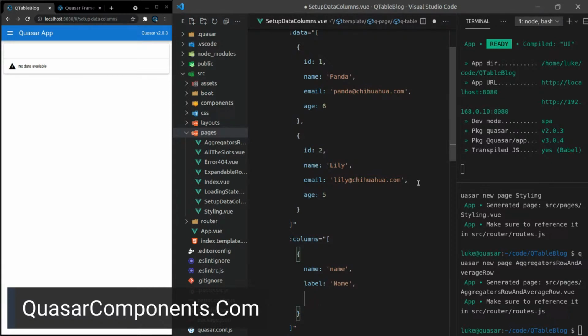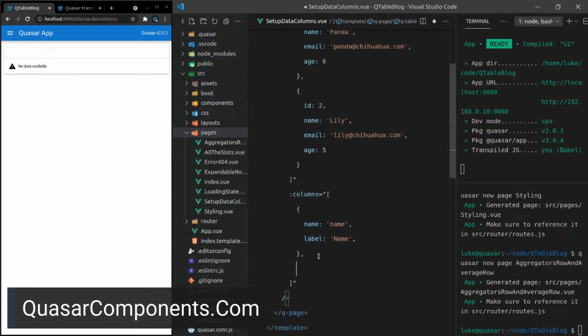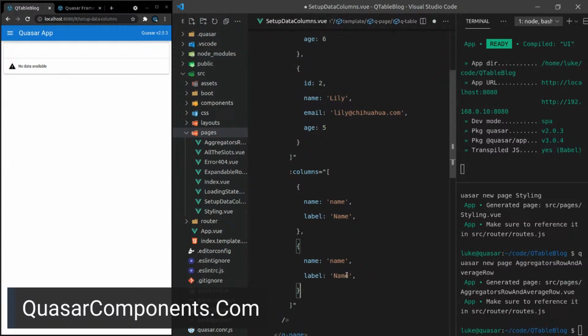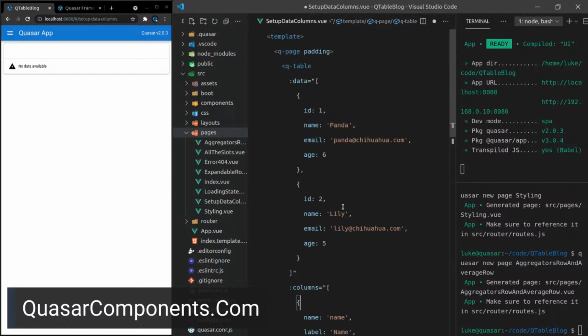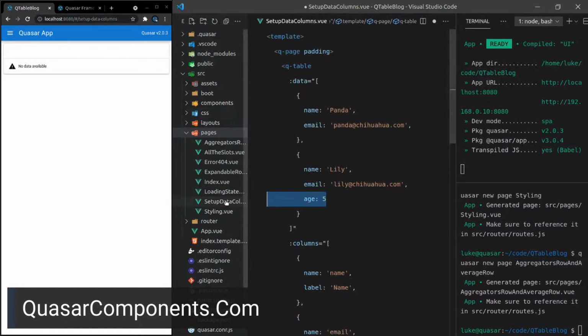I think that might be the minimal that we can use. So let's try that. And what else have we got? Let's do another one for email. Email, set the label equal to email. So you know what? We'll make this first example as ridiculously simple as possible.